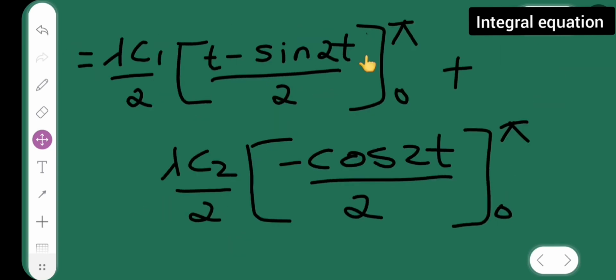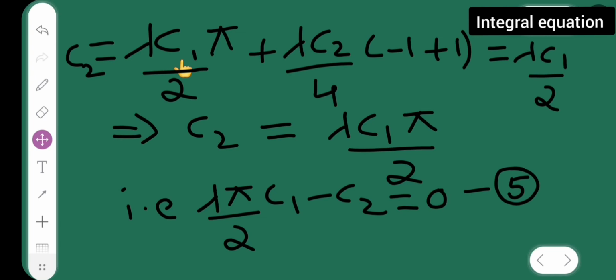So sine of 2 pi is 0 and sine of 0 is also 0. So I will write this in terms of pi, right? So that's what I did. Okay, this I'll remove. Okay, fine. Now that's how I got lambda c1 upon 2 pi plus